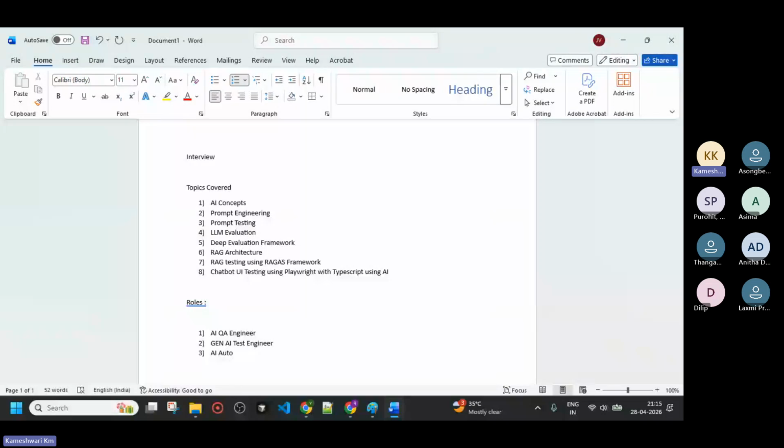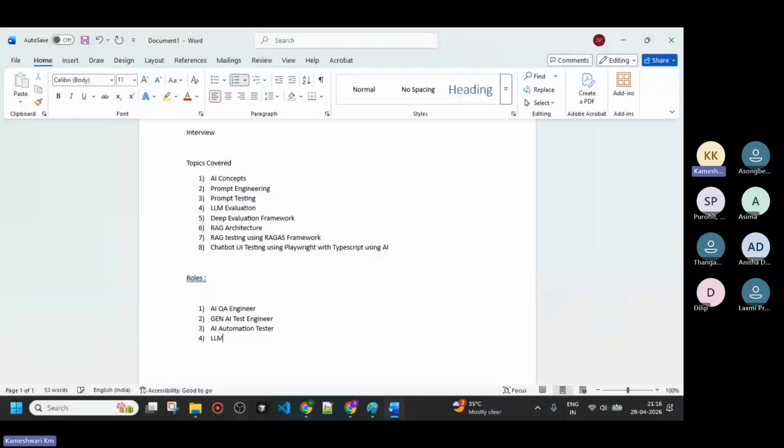Again, AI automation tester. What exactly is an automation tester? It will showcase how you leverage your automation with Playwright, or if you are using Python, whatever the code is, but with the help of AI you are going to run the automation. That is called AI automation tester. Here you can use different tools: Copilot, ChatGPT, Cursor, Anti-gravity, Claude. These are the tools available, so you need to explore more. Right now, what we have to learn are the most important ones.